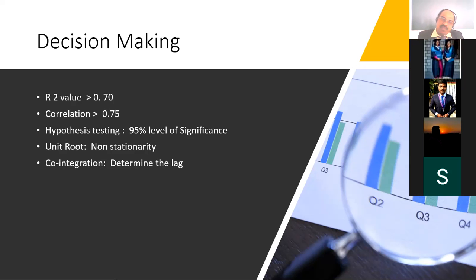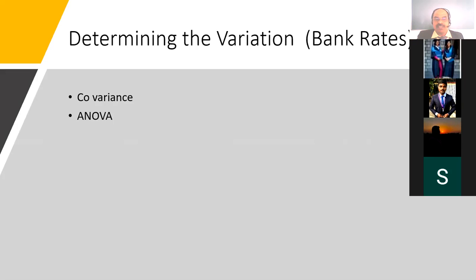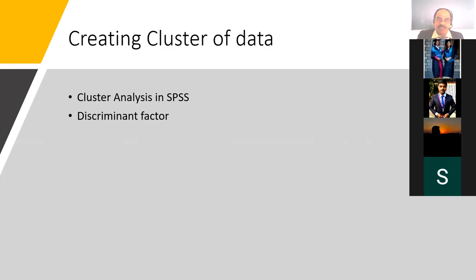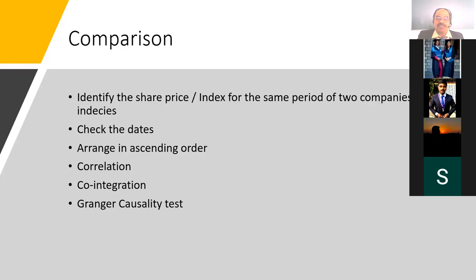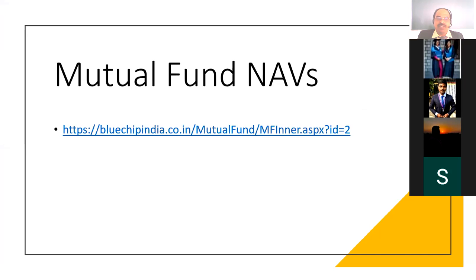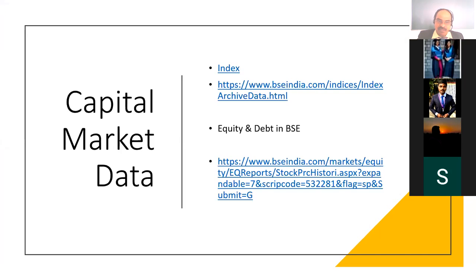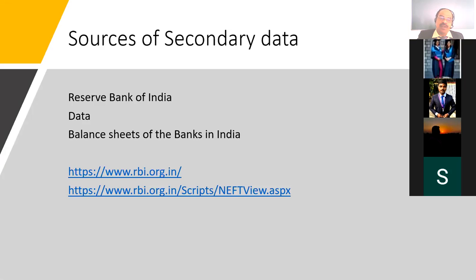Before going to the case example, if you are having any doubt in the basic things, you can ask. Your time, I am restricting to a maximum of 5 minutes. After that, we will go one by one. That is, what is the data from the RBI, then we'll see what are the data available in BSE, then what are all the data available in Blue Chip for the purpose of decision making. Okay, we'll see one by one. In the meantime, any doubt in this area regarding the process of analysis, you can ask.